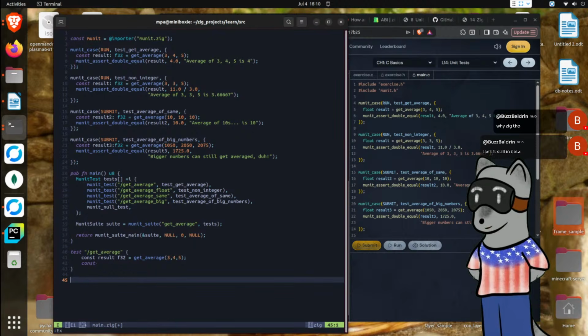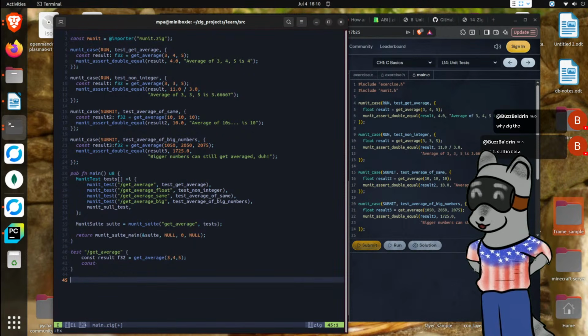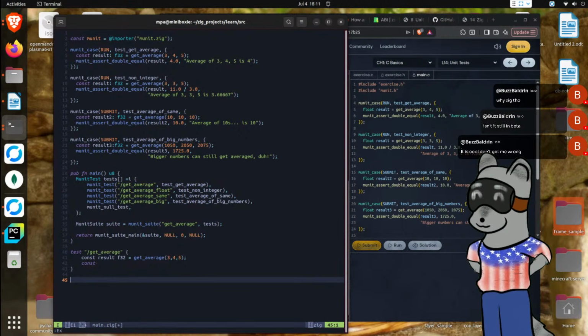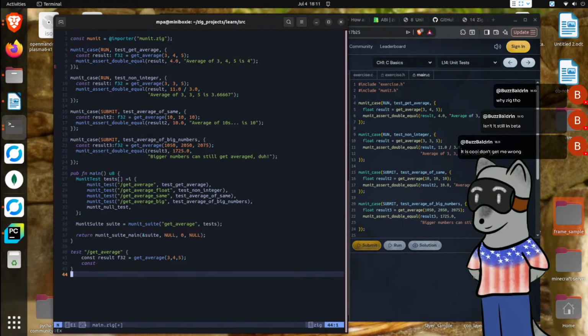Maybe it's because I like the way that they do their syntax. I like the idea of defining out the importer and such. It reminds me a lot of other programming languages that I did. It's just that it could have been Rust, or I could have just went with C++. I just decided to give myself a challenge of doing Zig because ultimately what I want to do is program